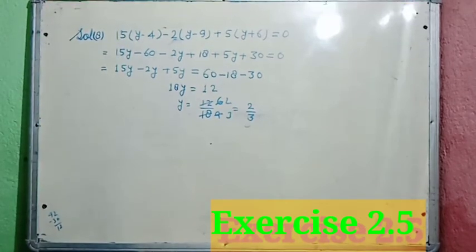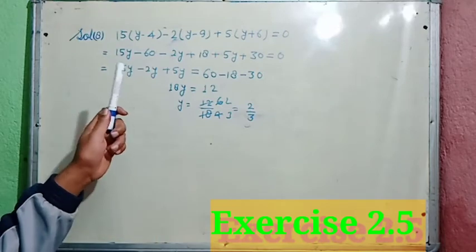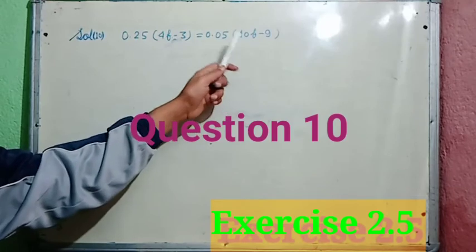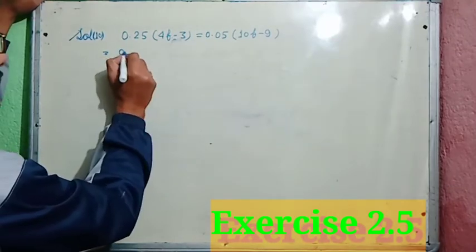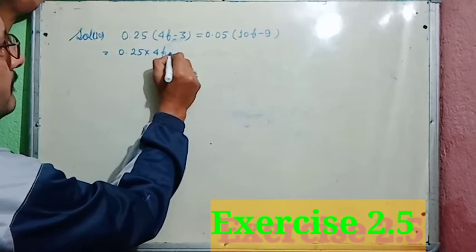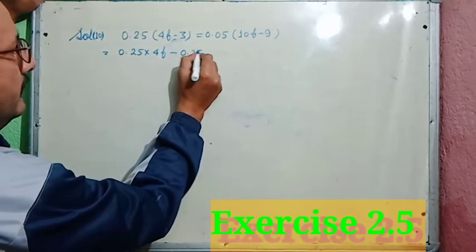In the same way, you can solve question number 9, and I'm going to tell you the solution of question number 10. Here we can use again distributive property. We can write like this: 0.25 into 4f minus 0.25 into 3,